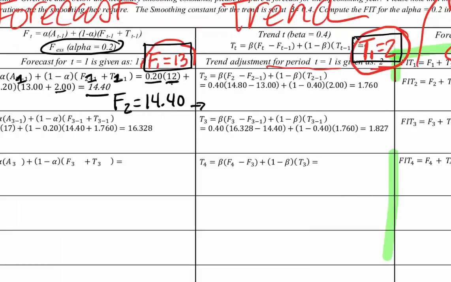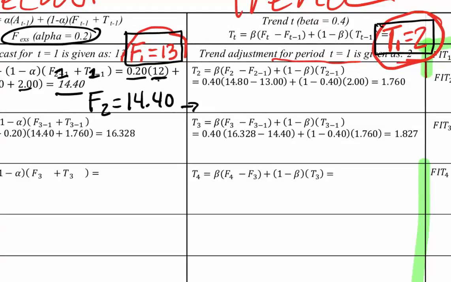So we go to this next cell over here. Now we're going to be computing the trend. So we take the beta, which is right up here above, noted as 0.4, and then we have to take the difference between F of 2 and F of 1. We'll place that. So we know F of 2 is 14.4, and we know F of 1 is 13, so that's where that comes from. We got 14.40 minus 13. And then it says 1 minus beta, so we got that. And then the T of 1, which we know is right there. So we put all those numbers in. And now we have T of 2 is equal to